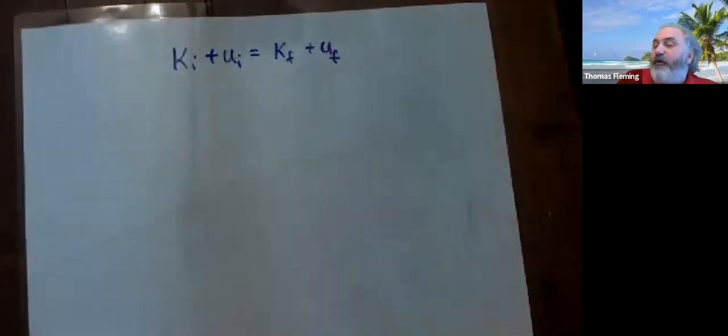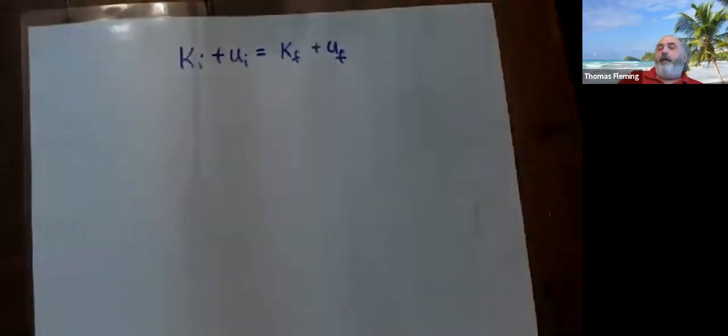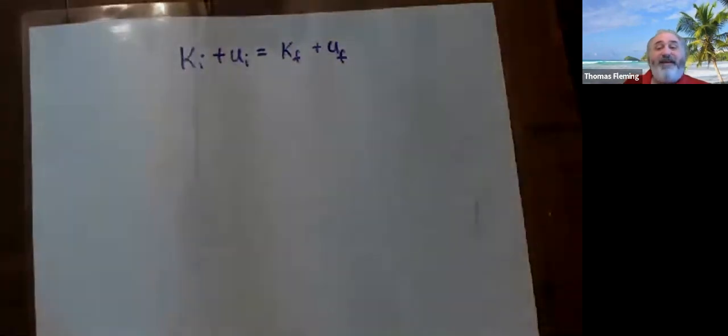If there's no non-conservative forces, this statement will be true. And the energy I start with will equal the energy I finish with. However, if I have some non-conservative forces, what's going to happen is they can sometimes either take away energy so that the ending energy would be less than the starting energy, or they might give me energy that I did